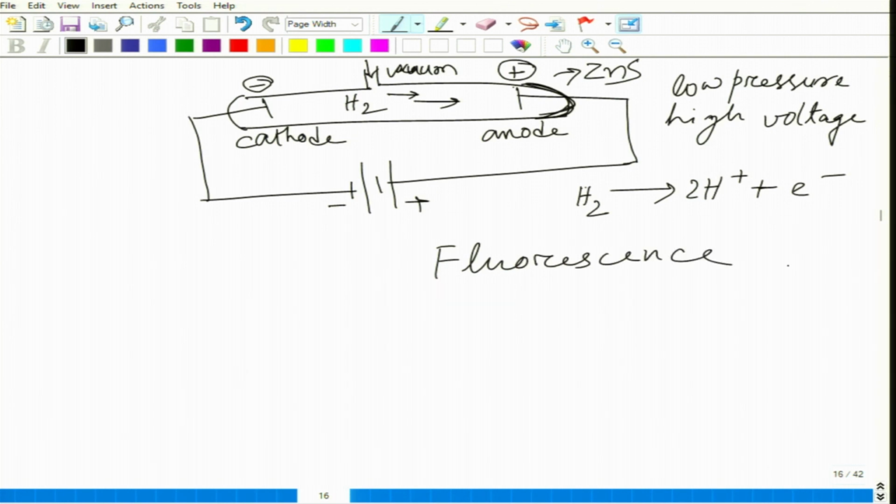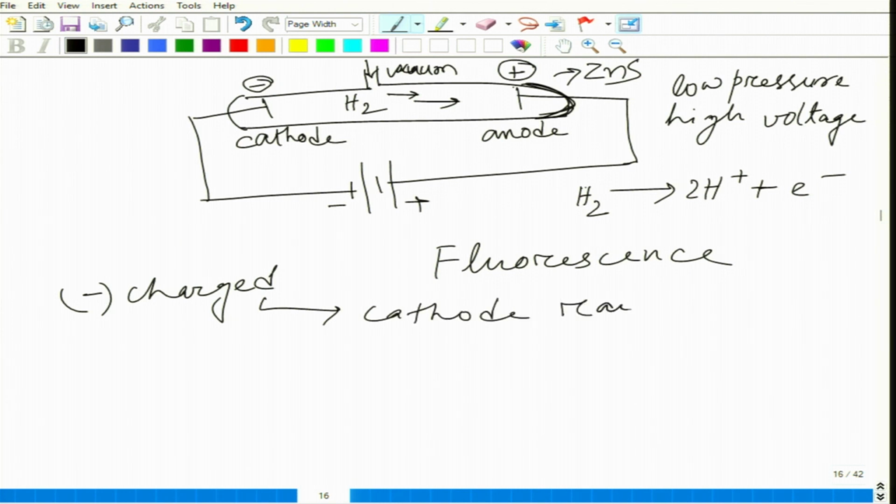With this experiment, they concluded that these particles are negatively charged, and these particles were named as cathode ray